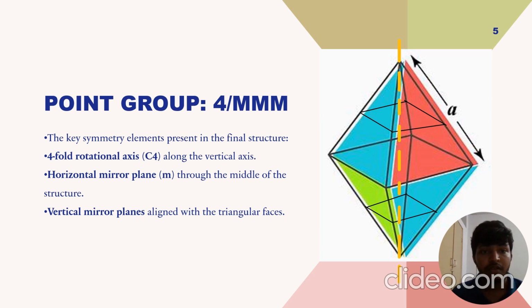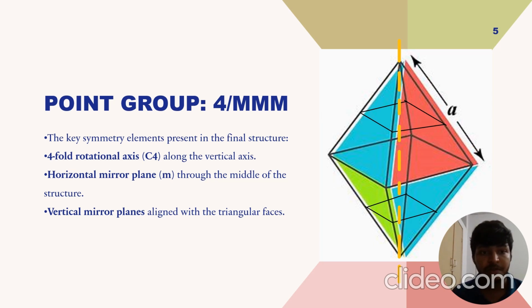First, we have a fourfold rotational axis along the vertical axis, meaning the structure looks identical after a 90-degree rotation. Additionally, it has a horizontal mirror plane, and it also has a pair of vertical mirror planes which divide the shape symmetrically. With this combination of fourfold axis and multiple mirror planes, the structure fits the